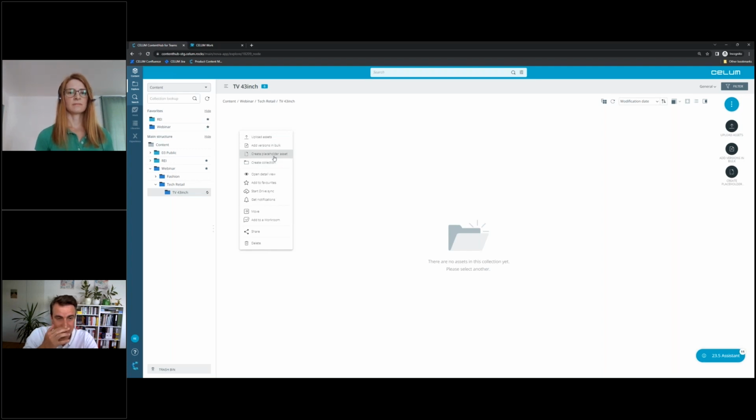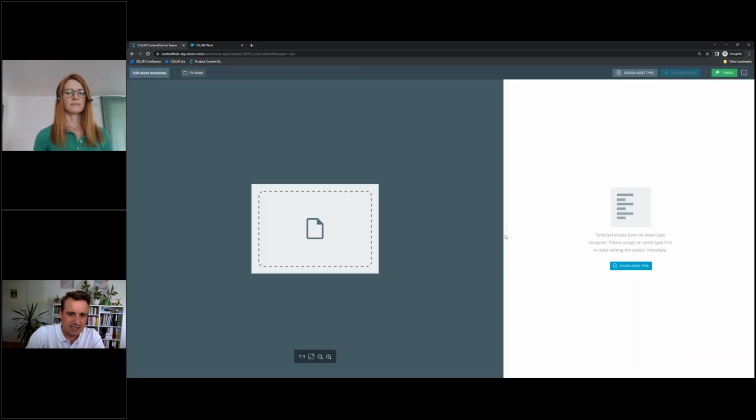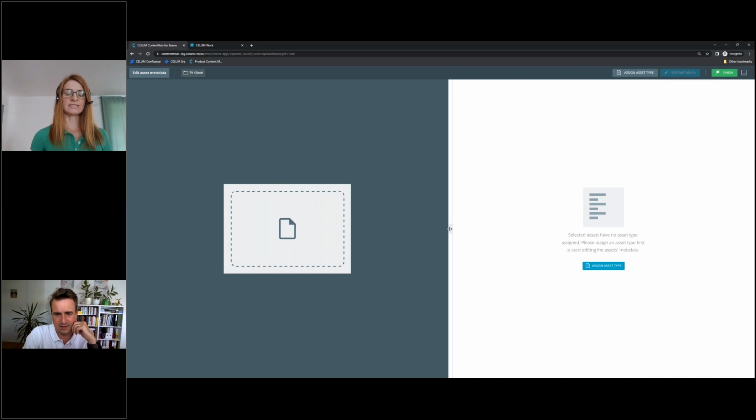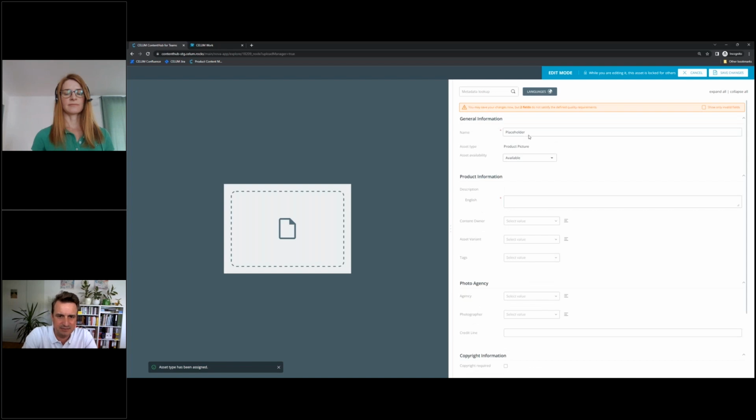Placeholders can be created as an asset, but without actually uploading anything. Yeah? So I create the new placeholder object here. And what you're doing is creating a requirement for a piece of content that does not yet exist. So I want the photo of the TV. I don't have the photo of the TV yet, but I can still create space for it. Exactly. And add, like you'll show us, metadata to it now, and I don't have to go back and do it later. Exactly. So here, what I'm doing is I create basically the shell that will later hold